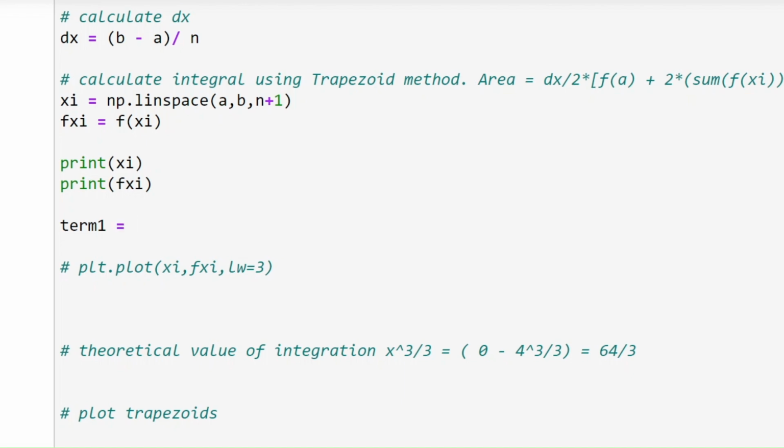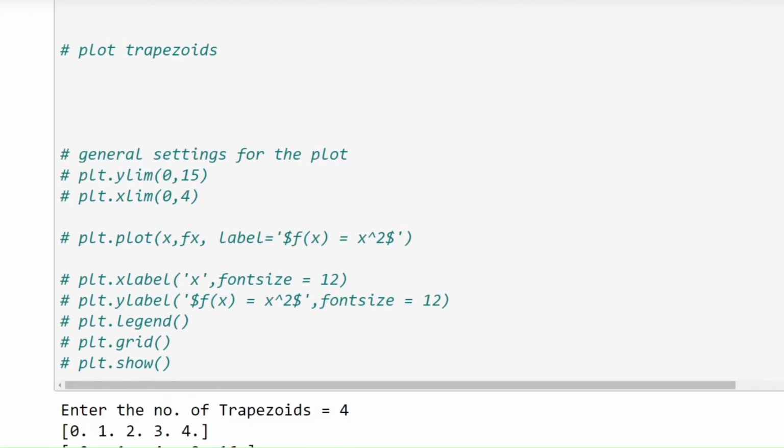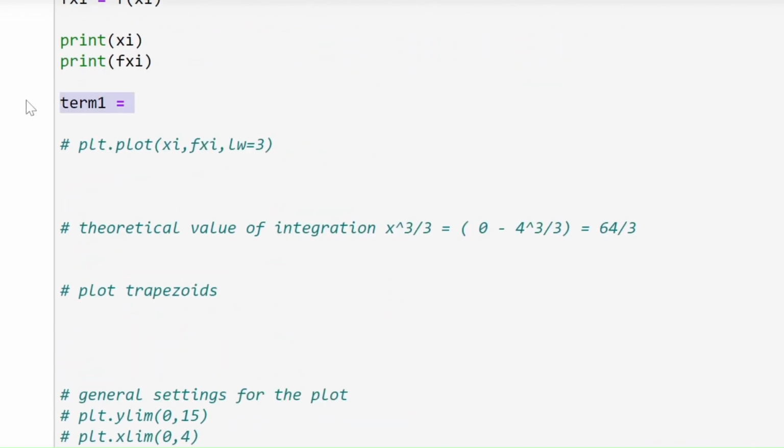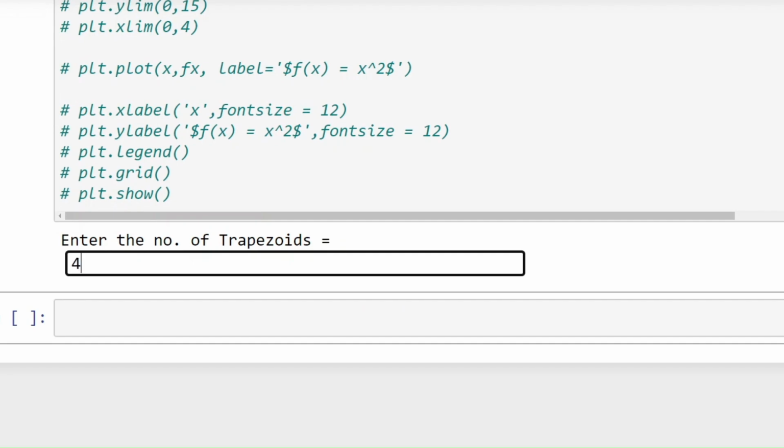Even before I go there, let me just show you how to extract these 3 numbers from this array fxi. There's indexing that I can do. I want to start with the second element of the array and I want to exclude the last element of the array. So if I just print this,